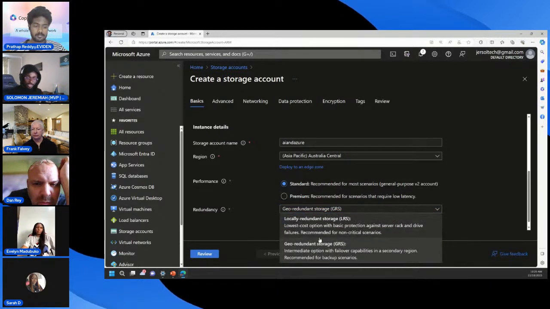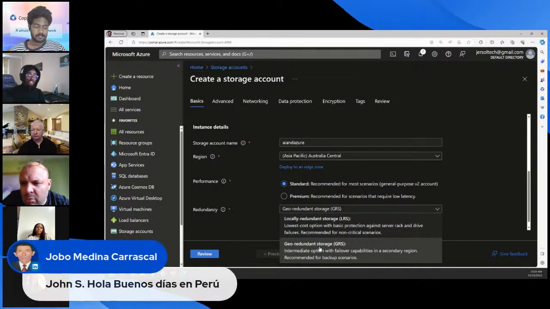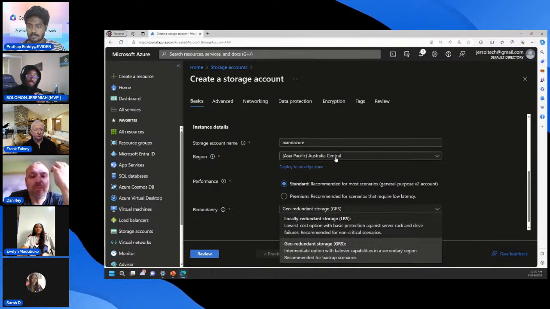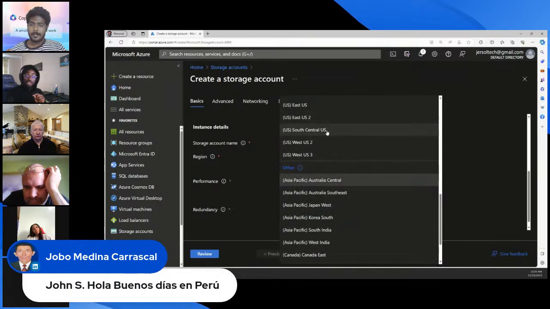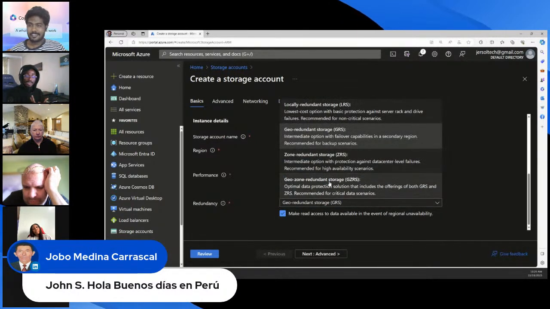So this is just more like replicating my files from the primary region to the secondary region. So that's exactly what this is showing me. So that's why I selected this particular location. So let me just go back to this, and when I go back to this, I have everything back,